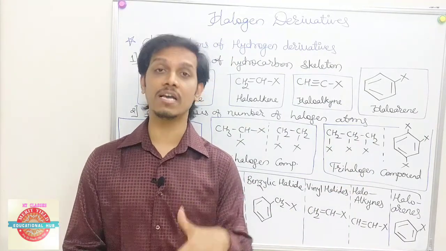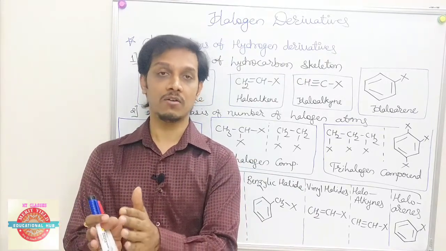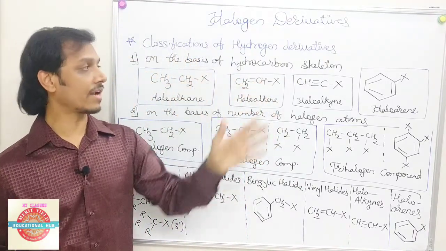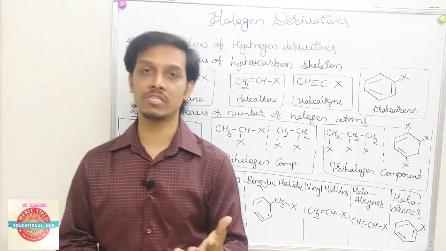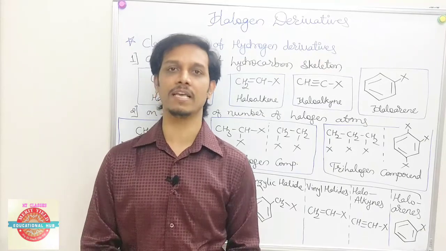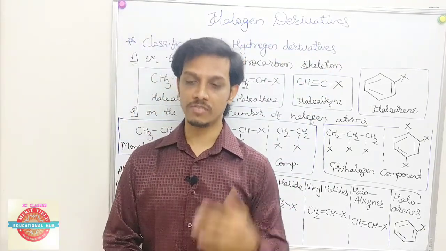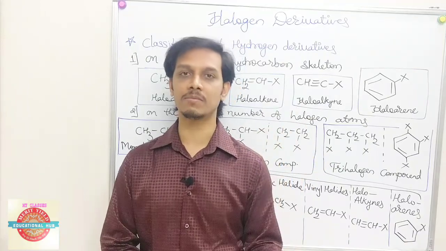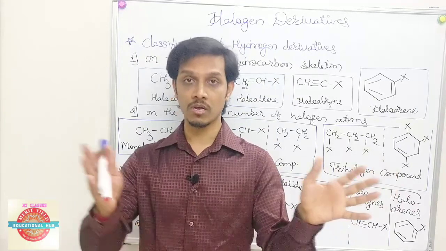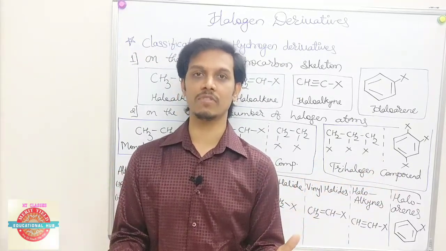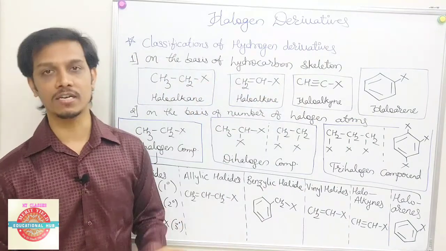Nomenclature part you need to see afterwards. Right now we are just segregating, we are just differentiating the different kind of compounds which we can get by just removing hydrogen by halogen, because the basic heading is halogen derivatives. So in that halogen derivatives, if you just see that hydrogen is replaced by halogen, but it is not sufficient to understand the whole vastness of the halogen derivatives chapter. So that's why we are segregating all the terms.